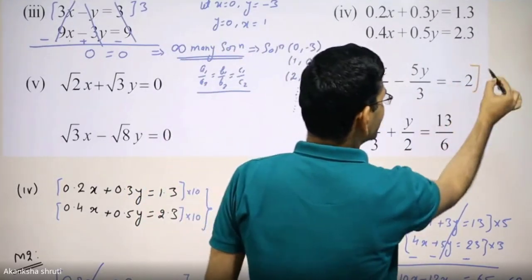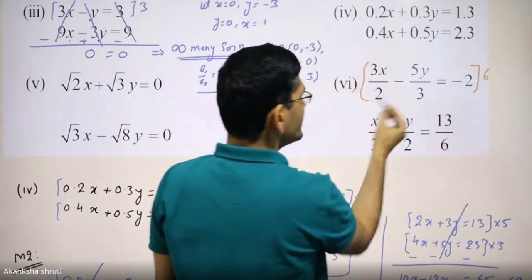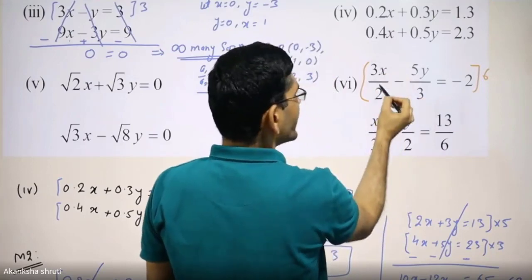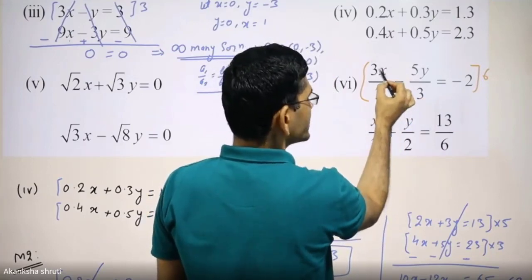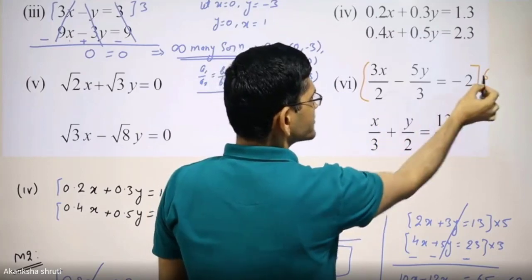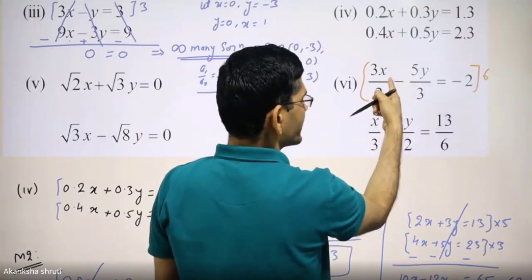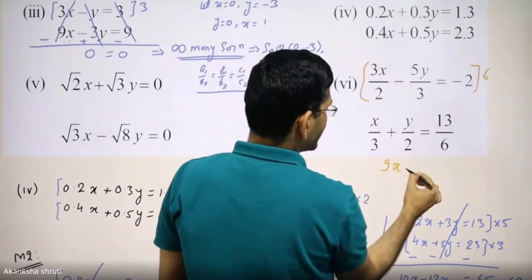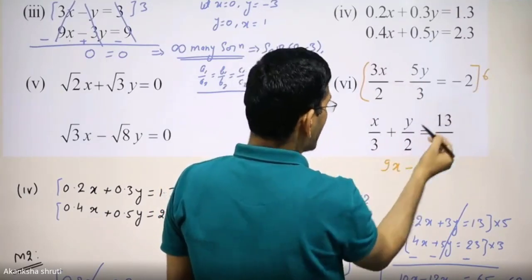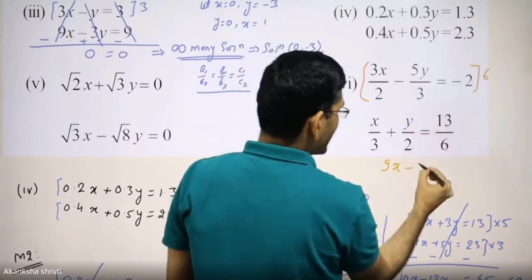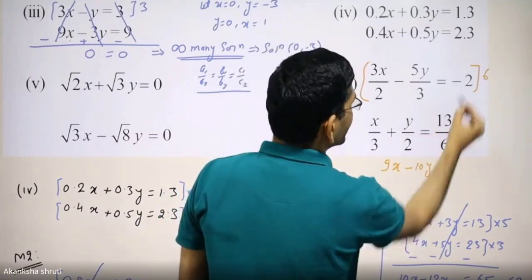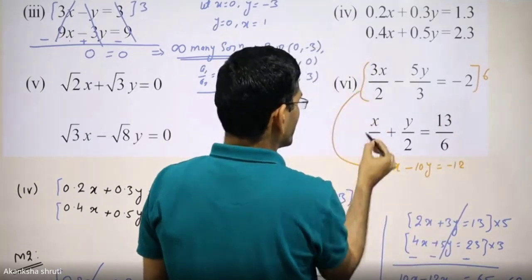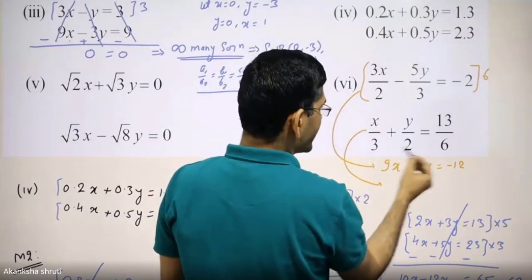तो मैं इसे पहले 6 से मल्टीप्लाई कर लेता हूं। ये इक्वेशन कैसा आ जाएगा, while you are multiplying this 6 to this term, it becomes 6 into 3x by 2, but this 2 and this 6, while this 6 will come here, it will cancel 3 times, it becomes 9x minus, for this 3 will go 2 times, so 2 multiplied by 5, it becomes 10y, and right hand side is minus 12। तो ये पहला इक्वेशन मिलेगा आपको।